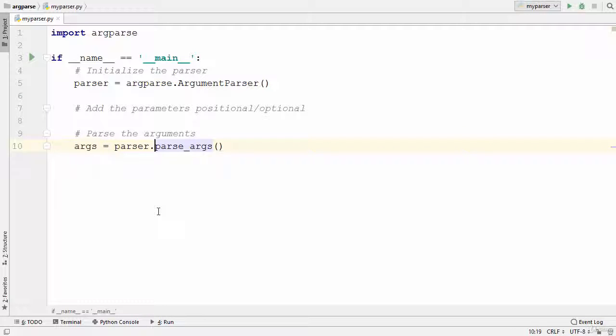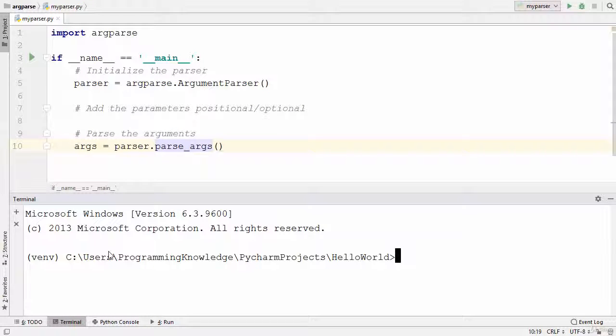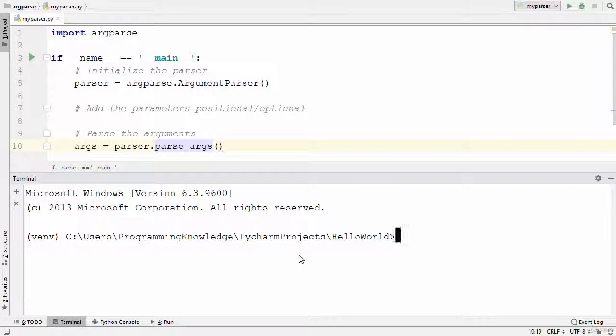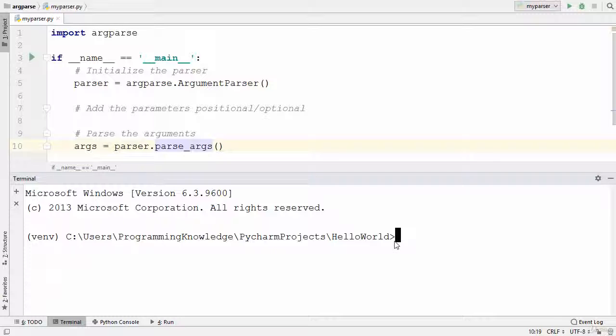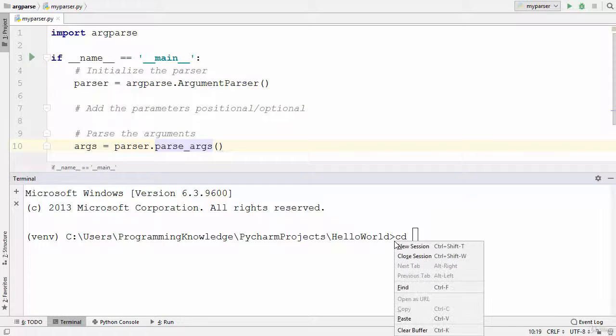So let's run this script and let's see what happens when we run this script. In order to open the terminal in PyCharm, you can just click on this option which says terminal, and this is going to open the terminal in the PyCharm IDE. Now it depends in which project you are working in. So if you see some other location which is opened using this terminal, you just need to provide the path where your project is. So I'm going to right click on my file, and then I'm going to copy the path of this file. So right click and copy path, and I will just do cd and I will paste